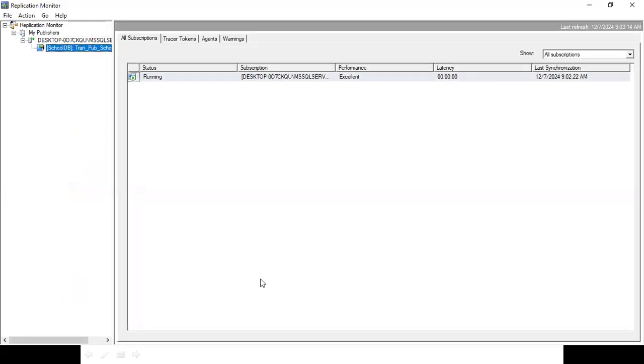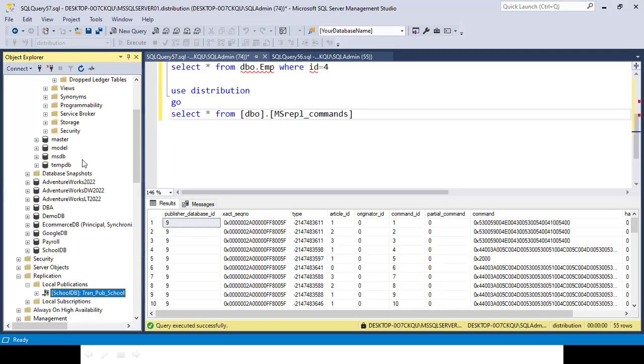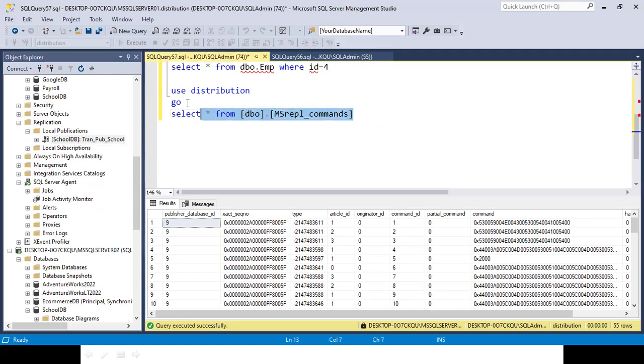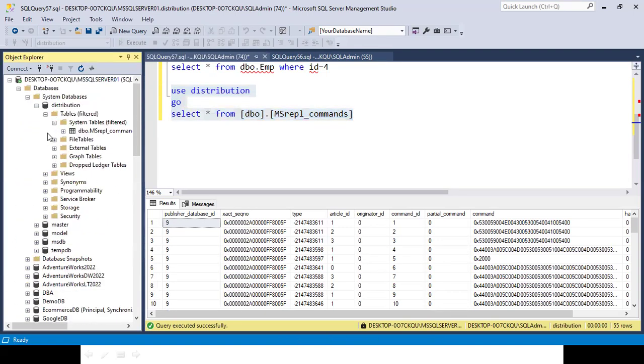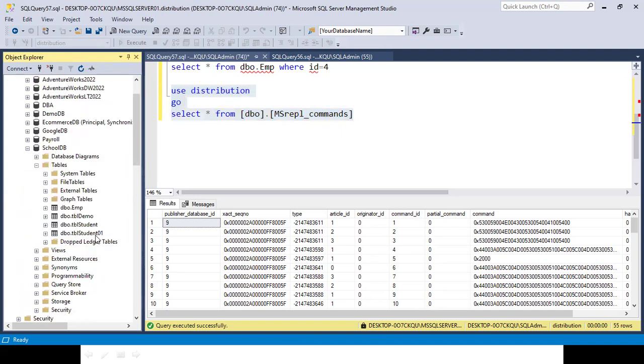So let me start once again with another scenario, and I will fix it via command. How can you fix those? Let me show you. Let me collapse this one, and then, okay, same thing.